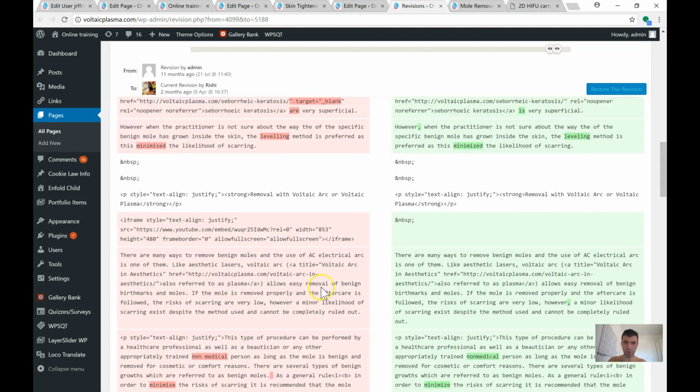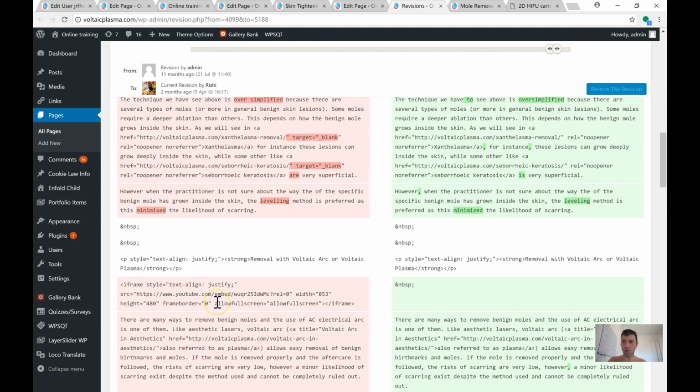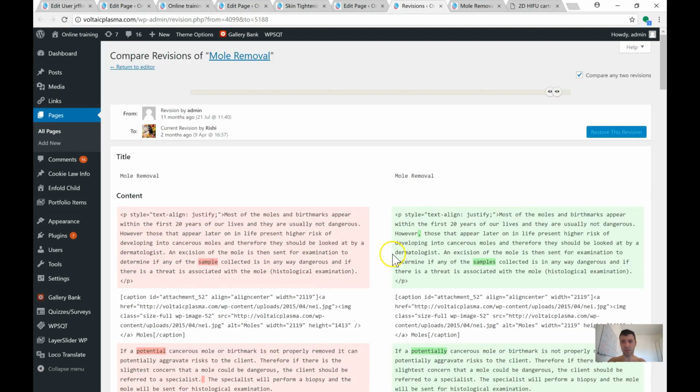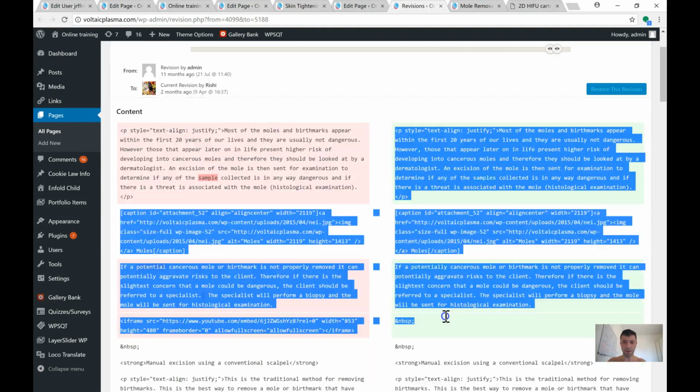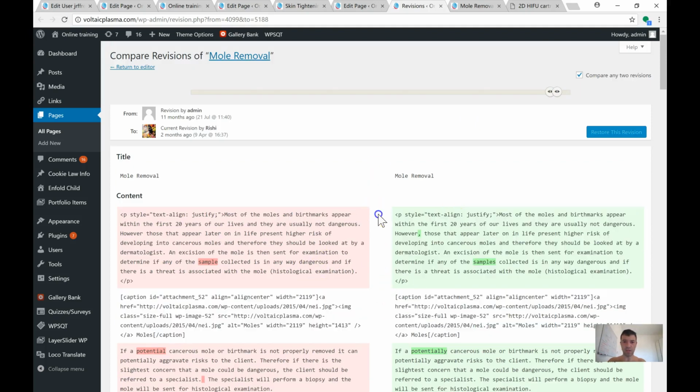Okay, so hopefully you do understand that. The videos have been deleted, not in every page, in some of them. So you've got to diligently go into every page of voltaicplasma.com and look at where this has happened, and keep the good corrections made and add the old videos where they are in the right place. Okay, and this is fairly easily done. I would actually copy and paste everything into a Word document and do it patiently, sorting it out. If you find a better way, just please do it, but it's a bit of that.